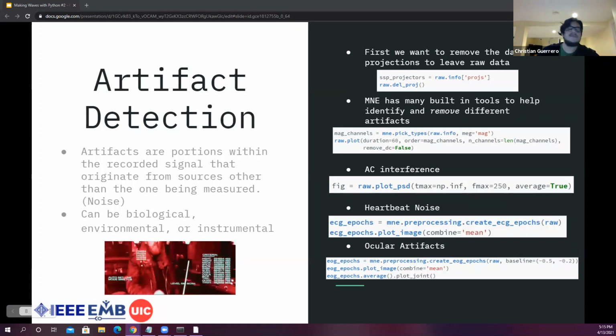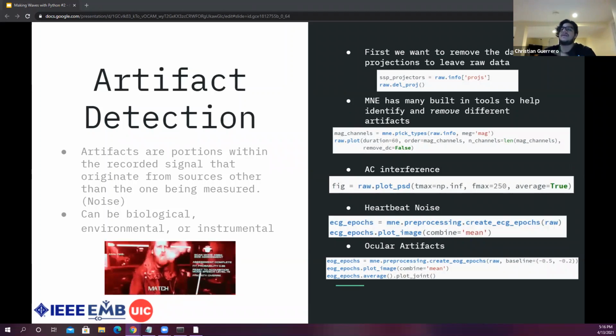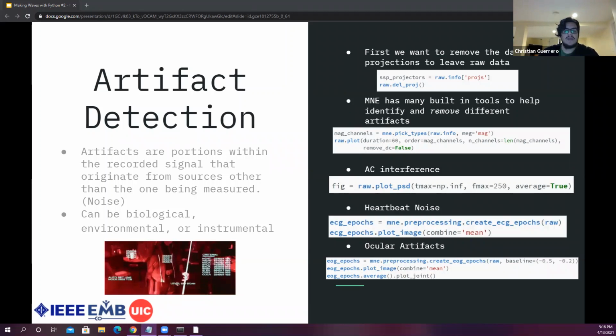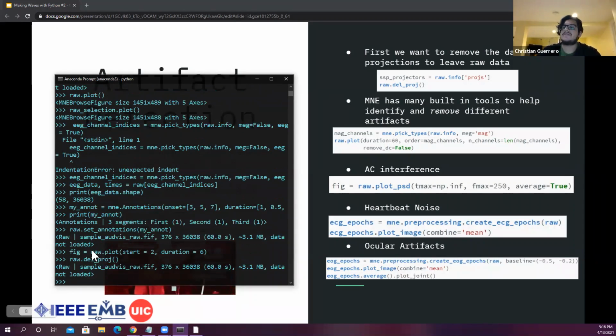MNE has a lot of built-in tools to help you identify and later remove these artifacts if you want. The first thing we have to do is delete the projections, since the projections are there to help protect the data and help prevent unnecessary or unintended alterations. We need to get rid of them. So we delete the projections, and we just get this little confirmation. And in this case,